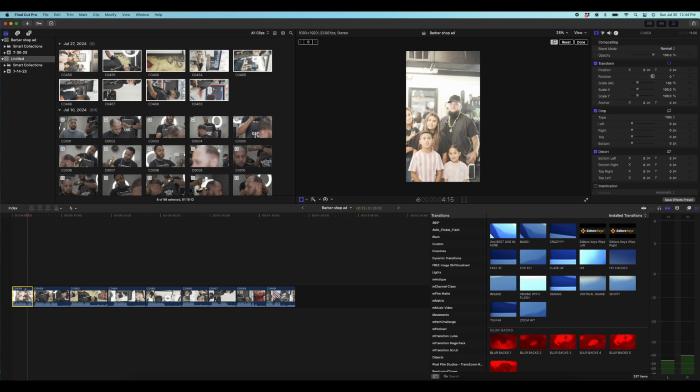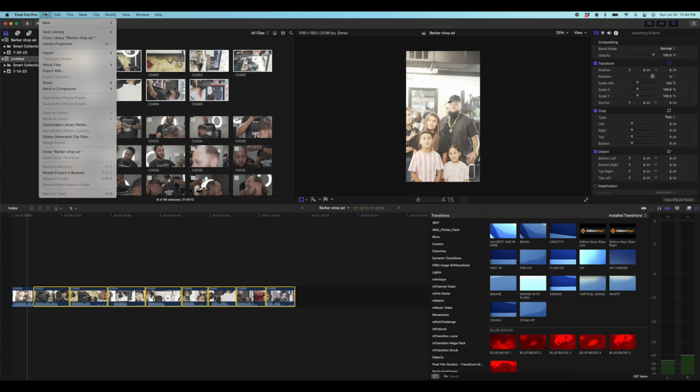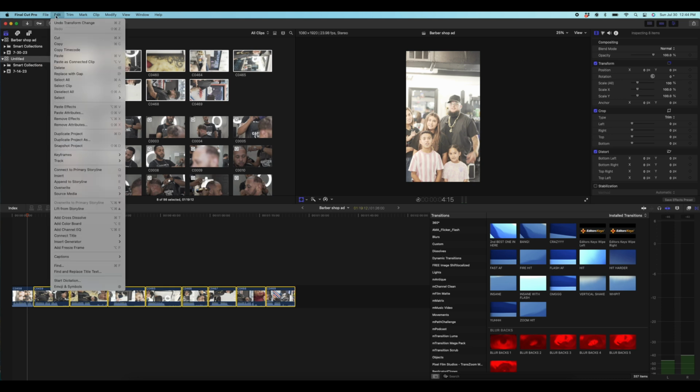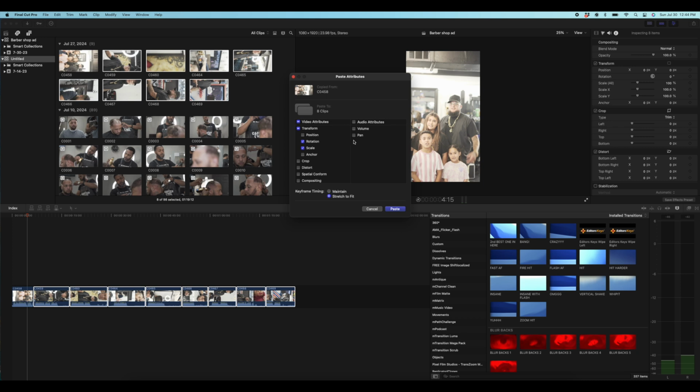C, and then you just click the next clip over. You hold down the shift button, this is for Apple, and then you hit the last one, hit edit, and then come over here and then you just hit paste attributes. Then you'll see the rotation and scale. You just hit paste,